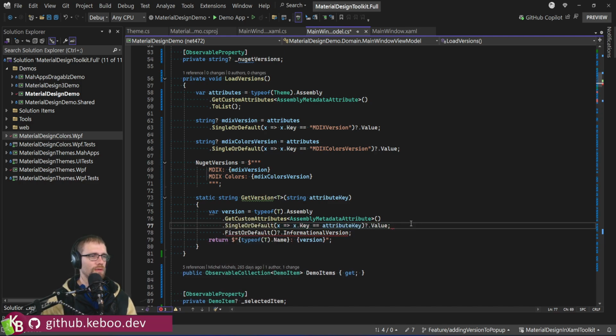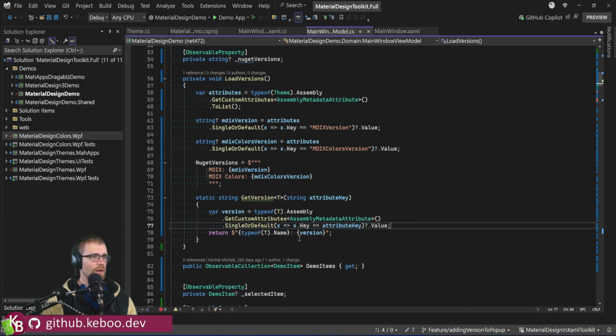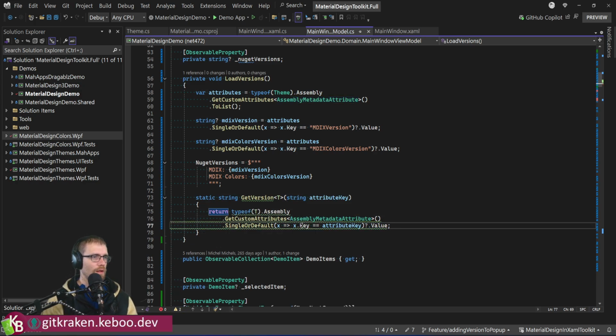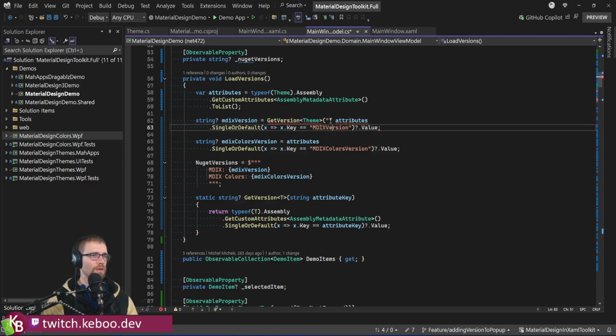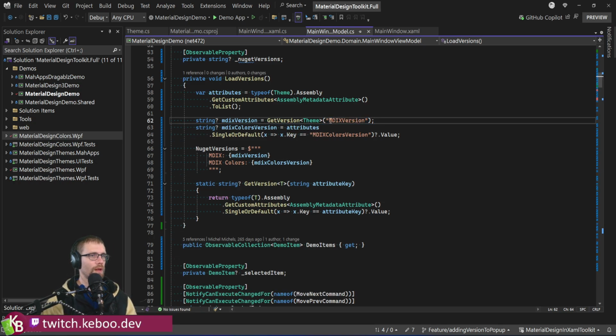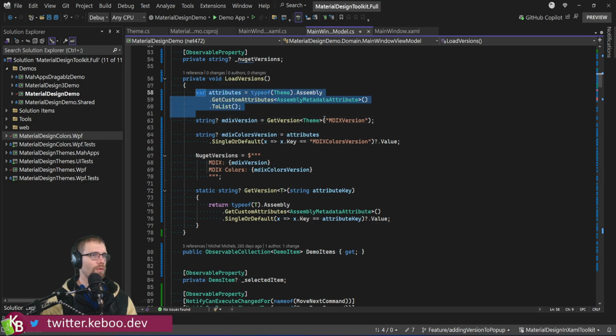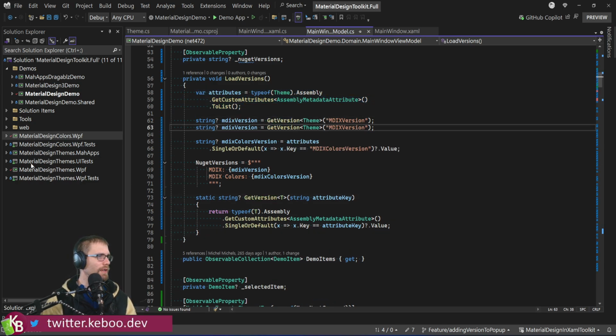Singular default key equals attribute key dot value. So we want that, and then we just do this. And this is going to be a nullable string. And so this then becomes get version from the theme, from the assembly and the theme class with the value MDIX version. Boom, boom, boom, semicolon, close, close, done. And so then this is going to go away, and we're going to end up doing something similar, but